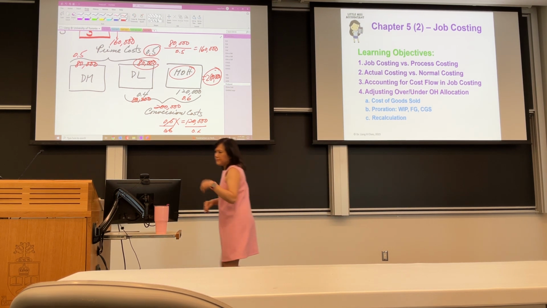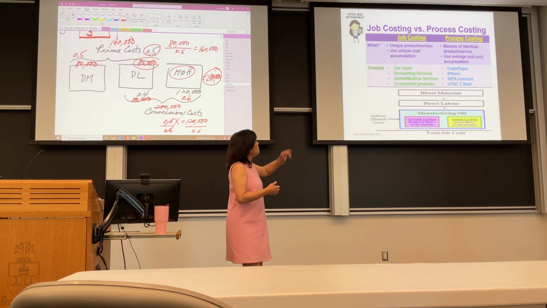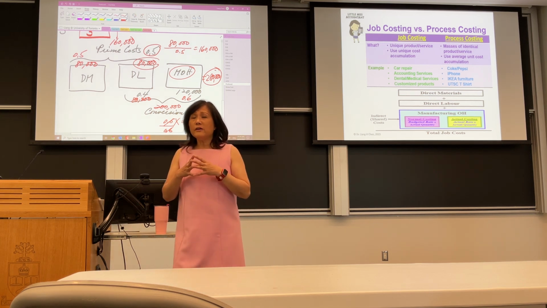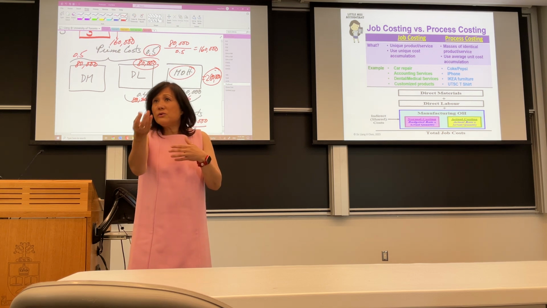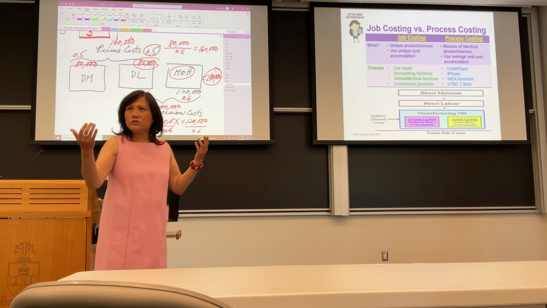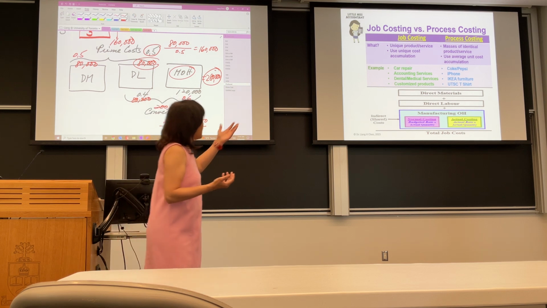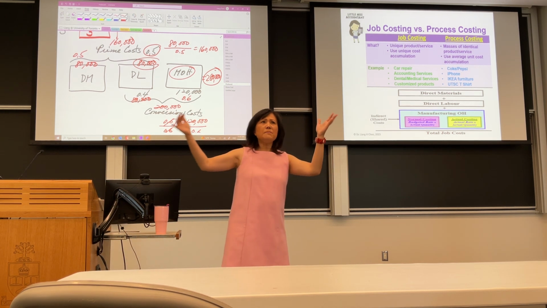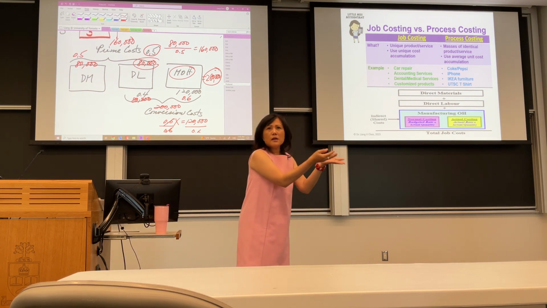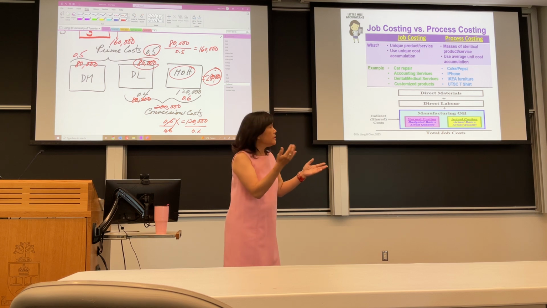Okay, so let's start. So what's job costing? Unique product or service. For example, car repair. I bring my car to be fixed. My issue and your issue, not the same. So how much they're going to charge me, how much they're going to charge you, different. Labor, number of hours, overhead, it's different. Accounting service, it's the same thing. Big company, you have lots of transactions, you need a lot of hours. Okay, smaller company, you do the audit job, you don't need that many hours, so different number of hours, different